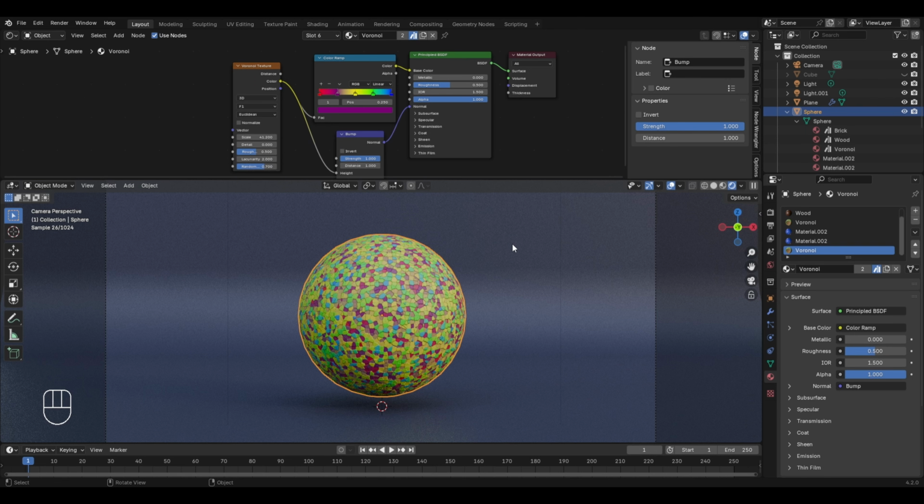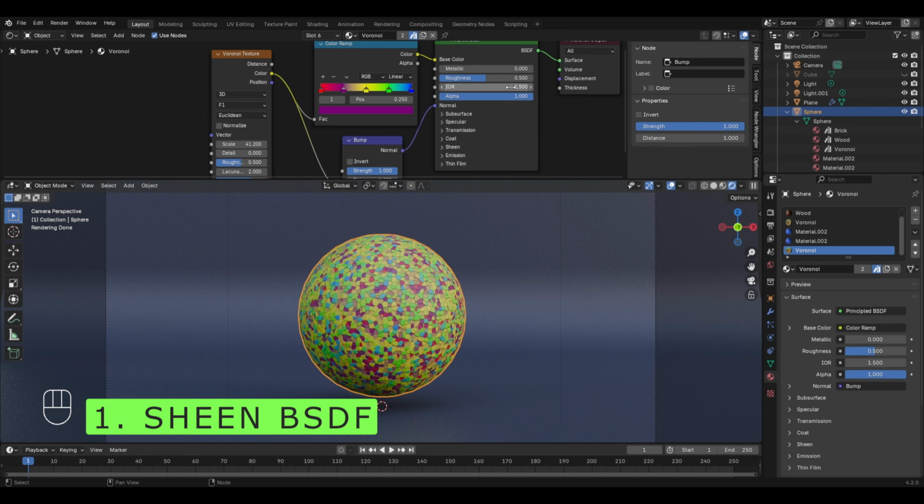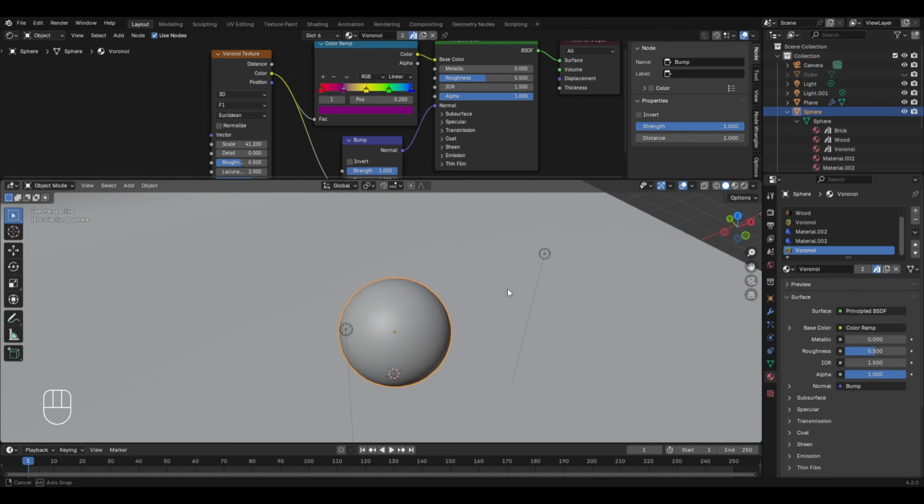So I've opened this materials file where in the last chapter we studied the normal map and the bump node, and today our first topic to understand will be the Sheen BSDF node. To understand its working, I'll first go to the solid mode by clicking here, and we need to create a basic cloth simulation in the scene, because the Sheen BSDF node is basically used to add reflections to materials that have microsurface details, for example cloth or dust, and so we have to add a plane in the scene on which we'll apply the cloth physics.